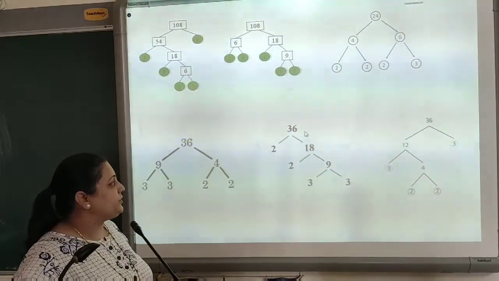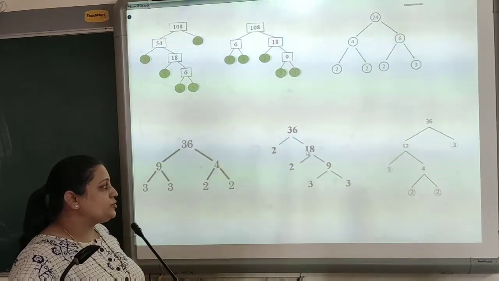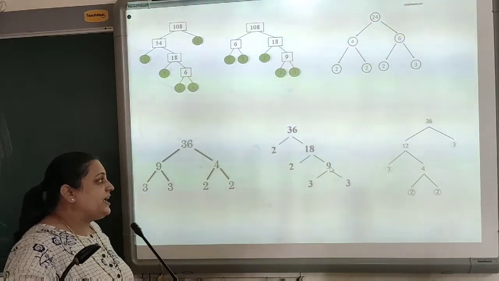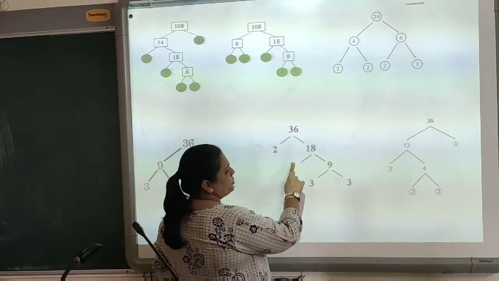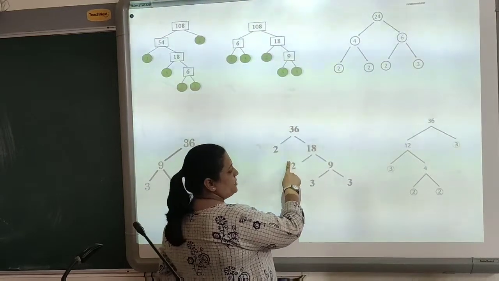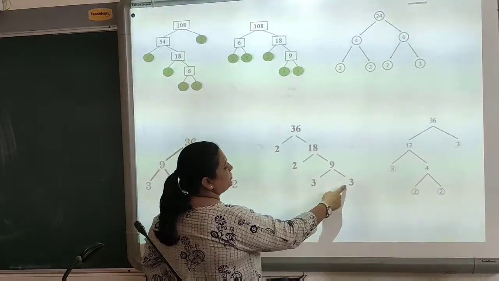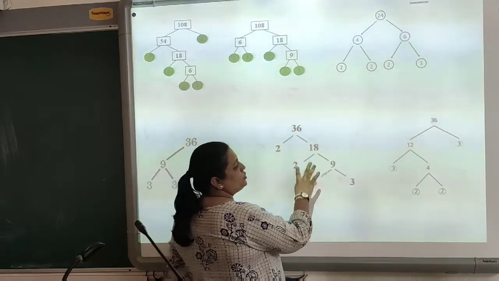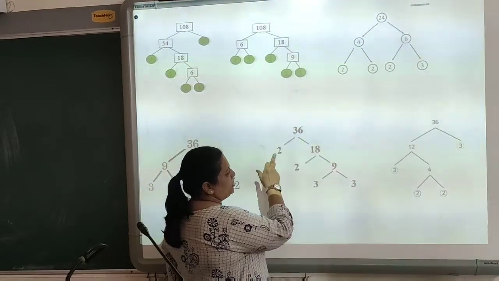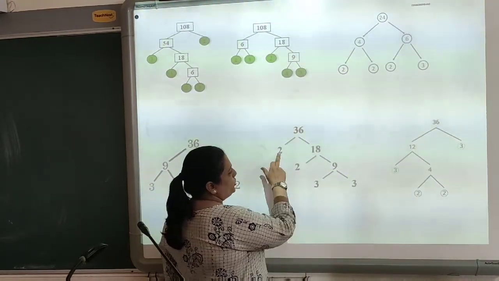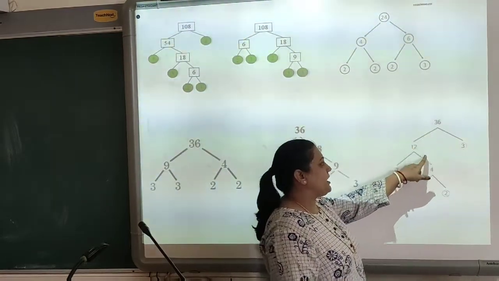Here is another factor tree for 36. 2 18s are 36. Now 18 I am breaking into two more branches. 2 9s are 18. Here instead of 2 9s I can use 6 3s are 18 also. So here 3 will come. Here I will close the branch, and here 6 will come. Again 6 I can break into two branches: 2 3s are 6. But here I have taken 2 9s are 18. As per your convenience you can change it. So 3 3s are 9. So what answer did we get? 2, 2, 3, 3. 2 times 2, 3 times 2.